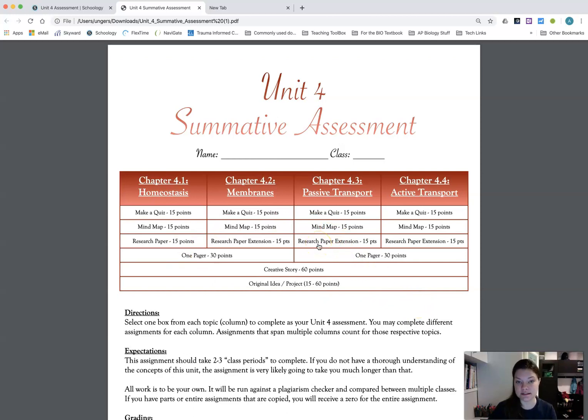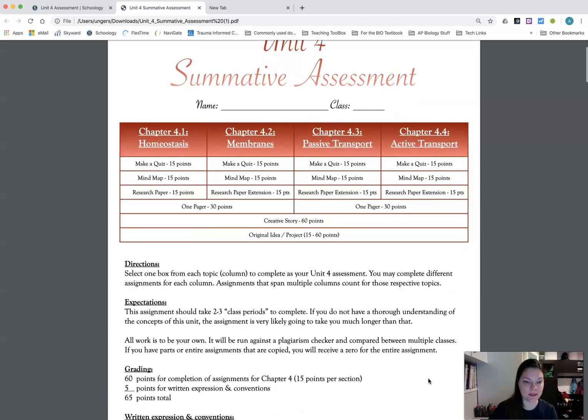What I'm going to ask you to do today is decide on what topics you want to do for each section. So remember, you need to pick something from chapter 4.1, 2, 3, and 4. And I am going to highly encourage you to maybe be more on the creative side. The more people do the same things, typically the harder I grade it. So if you're doing something that no one else is doing or that few other people are doing, there's a pretty decent chance that I'll be pretty lenient with those grades. Not that that should be the deciding factor, but maybe it weighs in the back of your mind